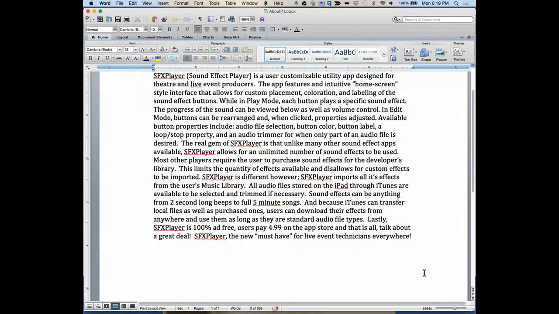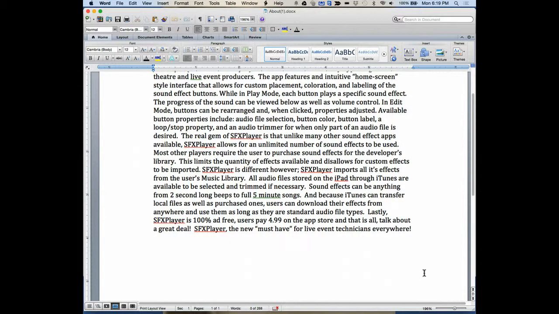Lastly, he wants this app to be 100% ad-free. Users will pay $4.99 on the App Store when he's finished, and that's it. Done. No additional charge for sound effects, no additional charge